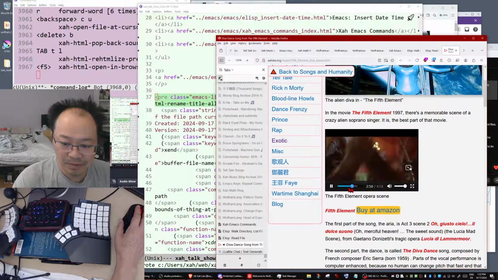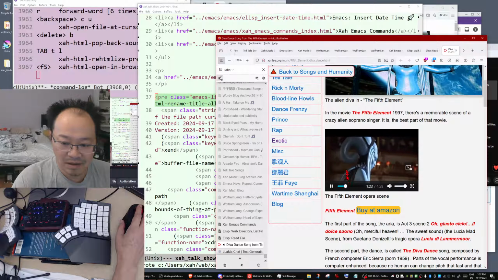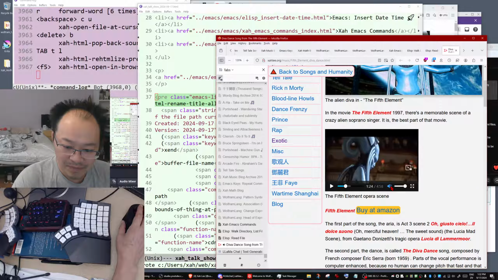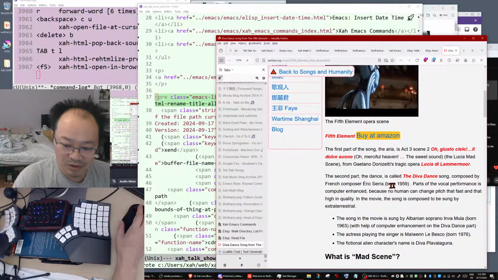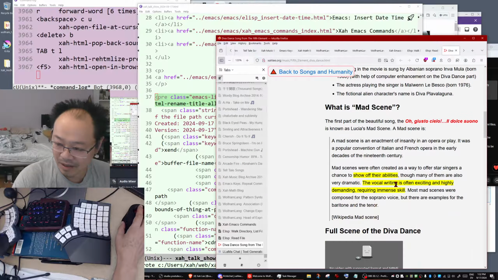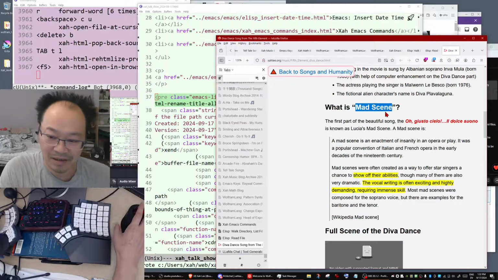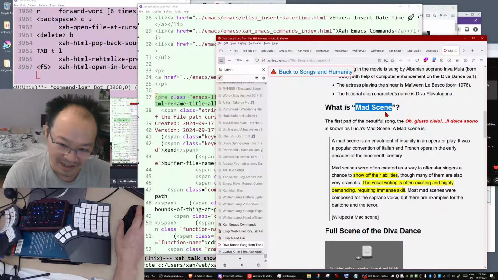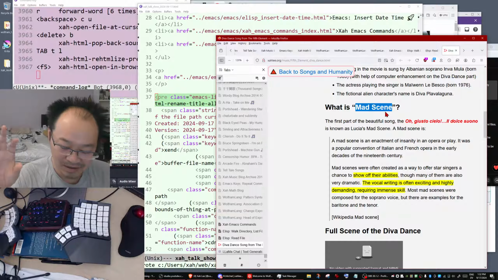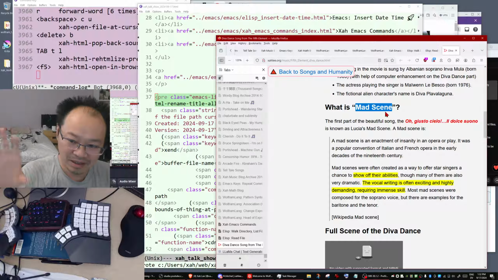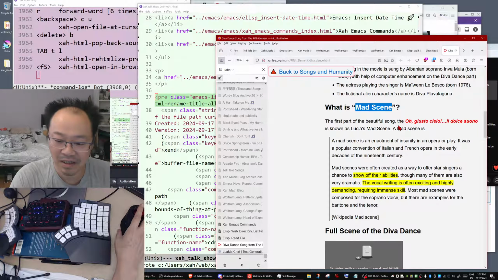This is very interesting because it's not just computer-generated singing, writing this music in such a high pitch is a difficult part, but it also relates to opera and the history of opera. For example, such a difficult part of an opera is called a mad scene. That's a name in opera. It's called a mad scene, where you write a section of the opera that tries to demonstrate the performer's singing capabilities.